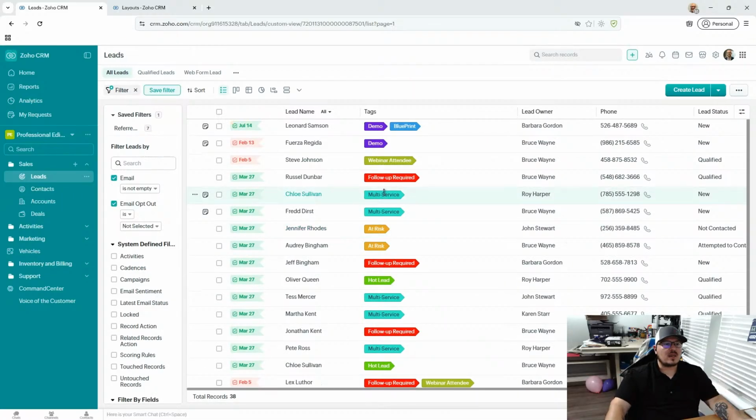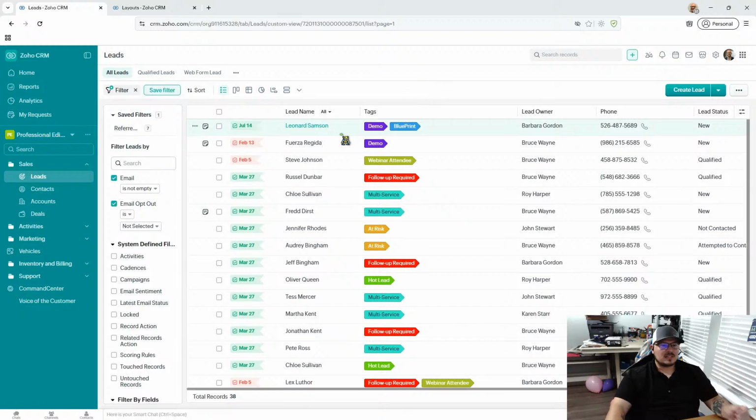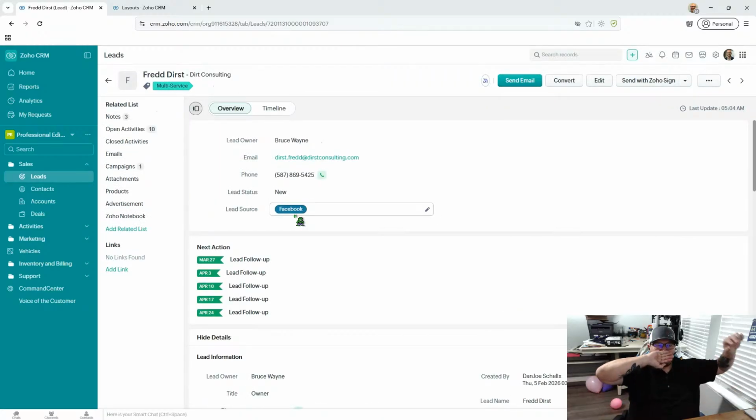But let's do a process, right? Like how do I convert my lead to become a customer and start that process of being in a pipeline and moving them from qualified to sending a proposal to whatever it may be, right? So let's take Fred Durst here. I don't really have one picked out, but